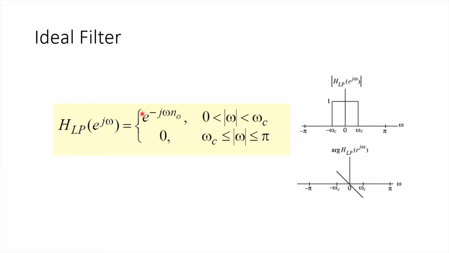The only change here is that instead of 1 we have e^(−jωn0), from 0 to ωc, and from ωc to π, that is 0. Here in the magnitude response, we have now introduced linear phase from −ωc to ωc. Now we want to see whether that impulse response is again stable or not,